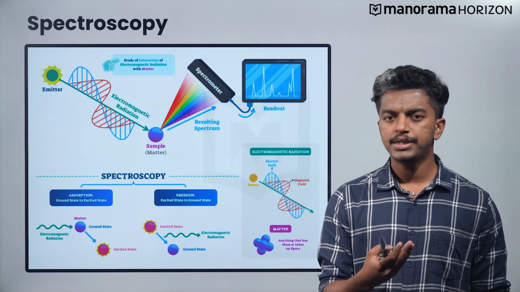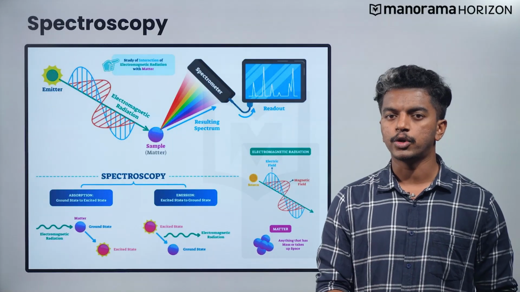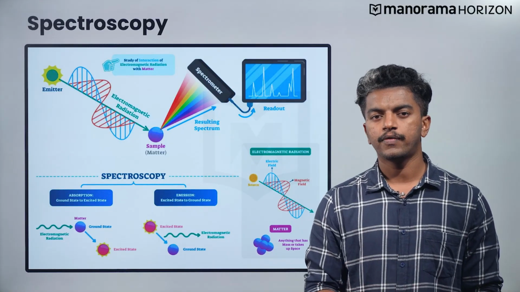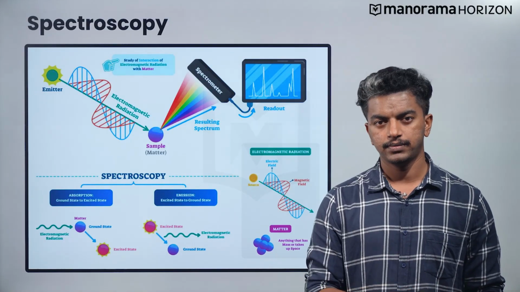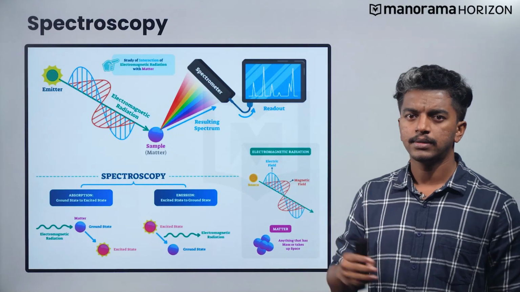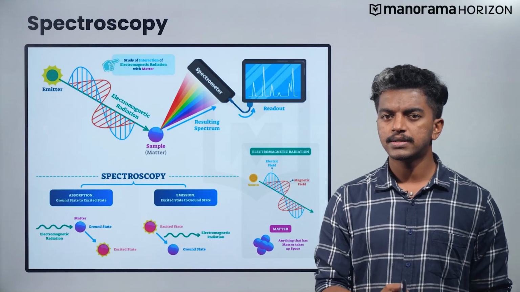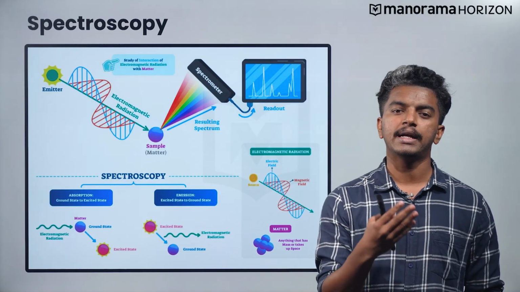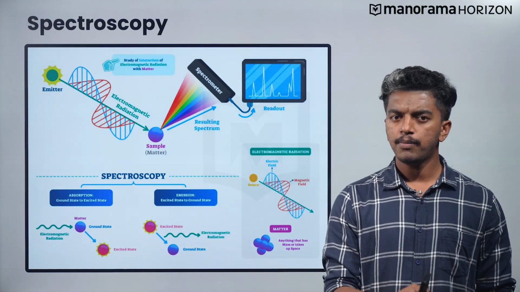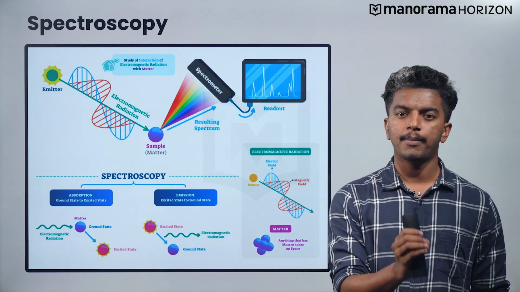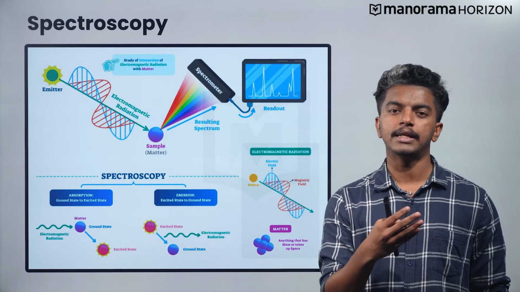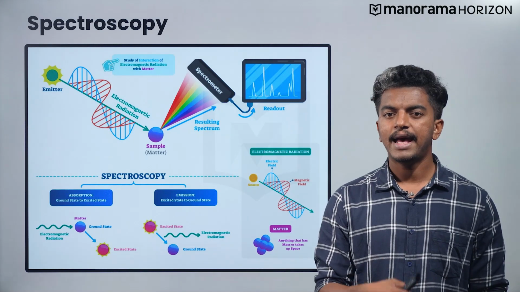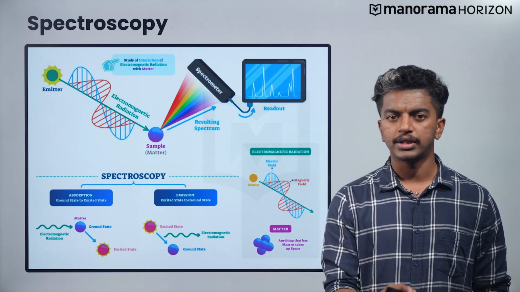This study of emission and absorption spectra is referred to as spectroscopy. This branch of chemistry deals with the interaction of electromagnetic radiation with matter. As you can see here, the absorption spectrum results from absorbing electromagnetic radiation and showing a spectrum with vacant dark spaces. The sample shows emission spectrum when the sample comes back to the ground state by emitting radiations. The resulting spectrum is measured in a device and the data is recorded as a plot